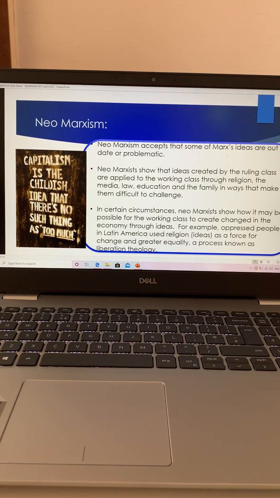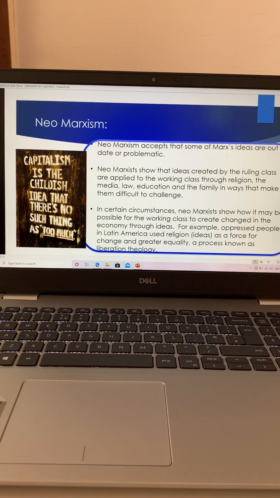And what a neo-Marx perspective is, it's looking at ideas created by the ruling class, so by the bourgeoisie, applying it to the working class through things like religion, media, law, education and the family, and the ways it makes it difficult to challenge. So it takes it a bit further in looking at things that are a little bit